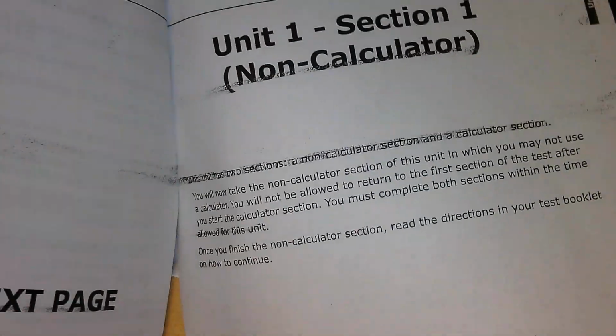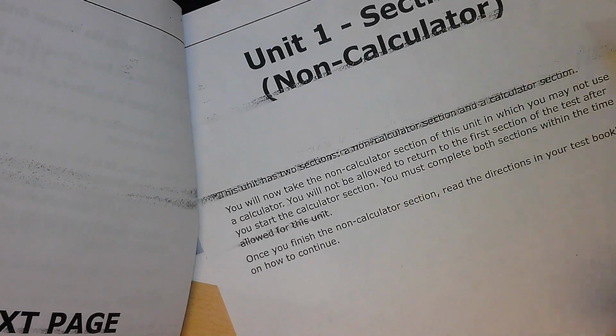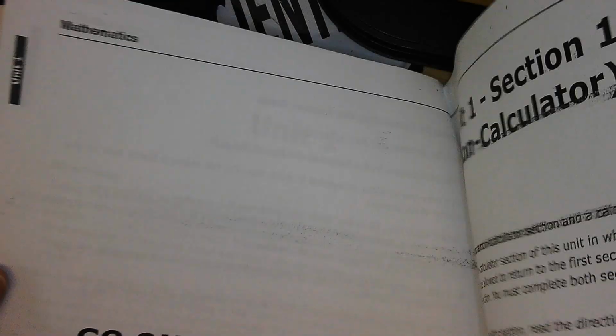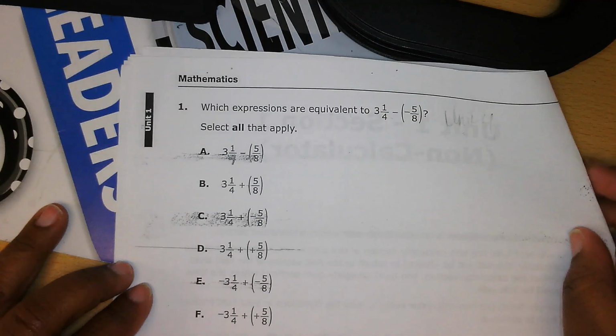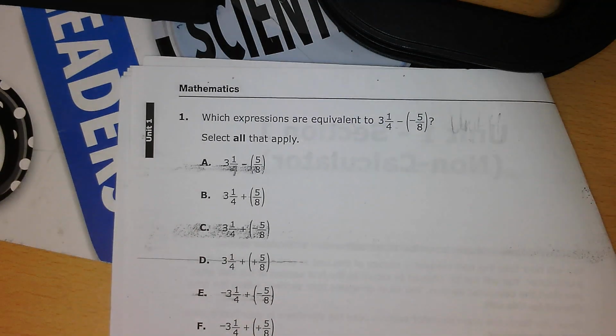Okay, so today we're going to take a look at a couple of CAPE questions, getting ready for DC CAPE. These questions we're looking at today are from Unit 1, Section 1, which is a non-calculator section. You would not be able to use a calculator, and you would have 60 minutes to work on both the calculator and non-calculator section. So today we're going to take it a little bit slower than that so we can zero in on some